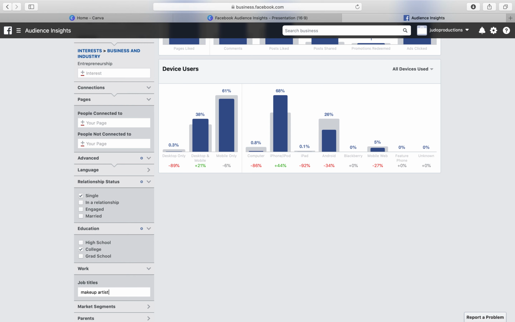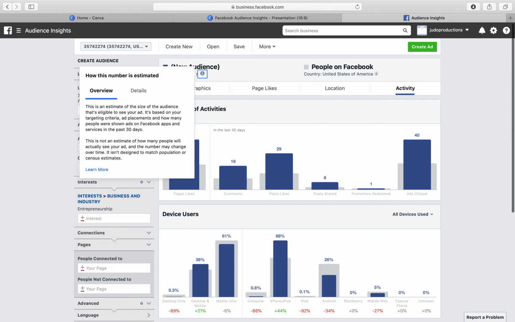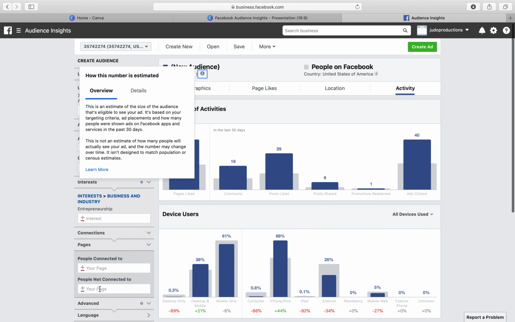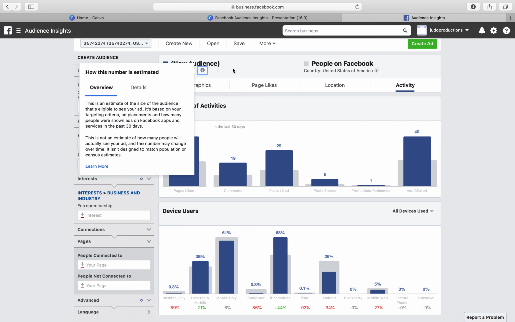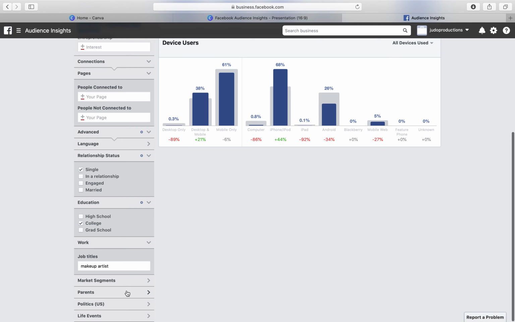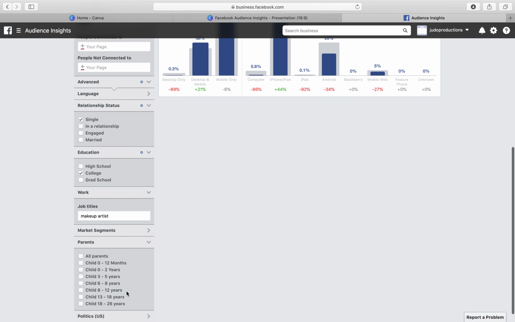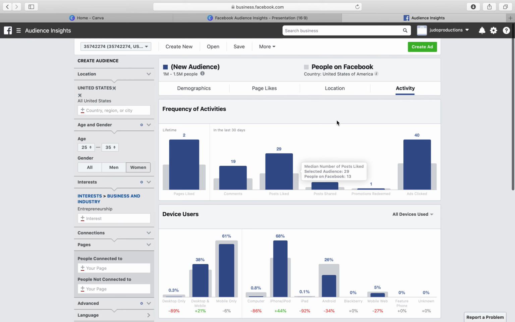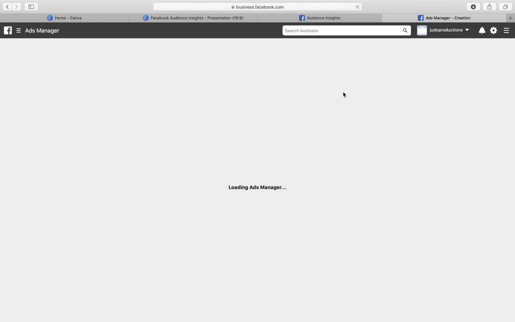I don't know if that's a thing that's going to come up. I can just keep narrowing it down as much as I want. If they're parents, can select all that. Once you have all that information, then you just want to go ahead and hit create ad, and then use that information to